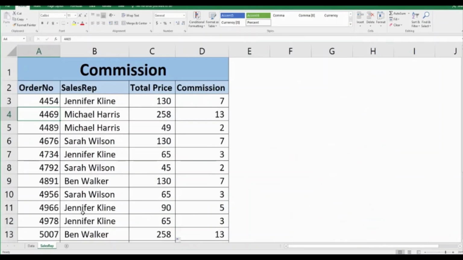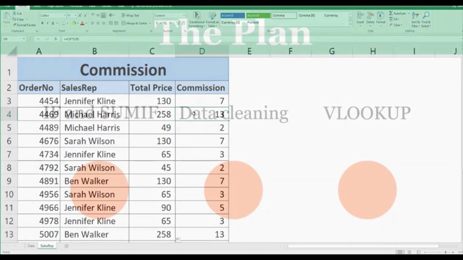258. Let's see. Yep, that's right. So the commission is 13. Good job. You've used your first VLOOKUP. You'll be using this function all the time from now on. In this